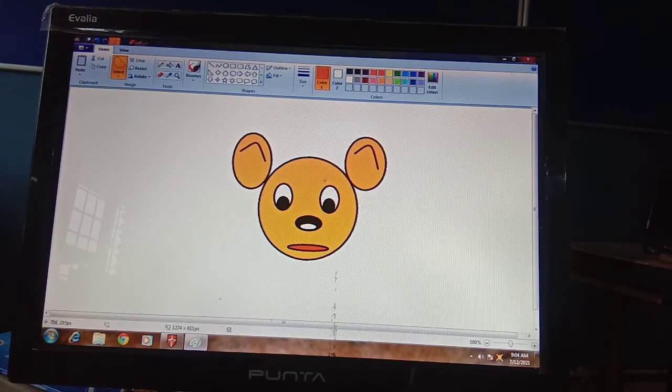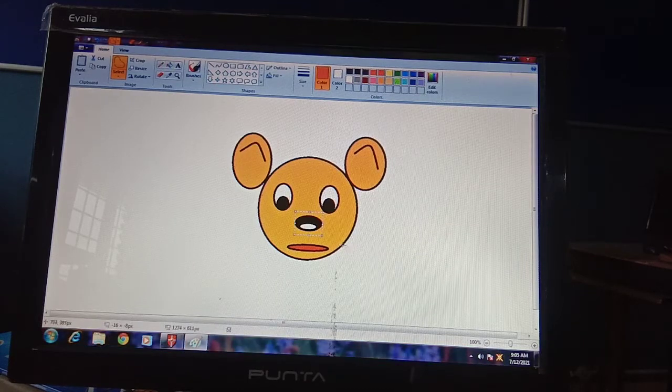Now for example, I want to select the nose. So what I need to do is just drag the mouse like this on the boundary, and now this part is selected.